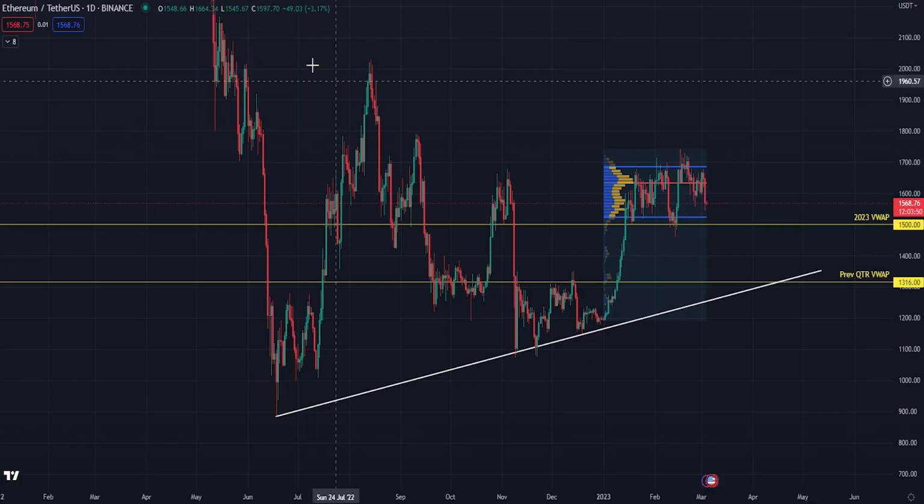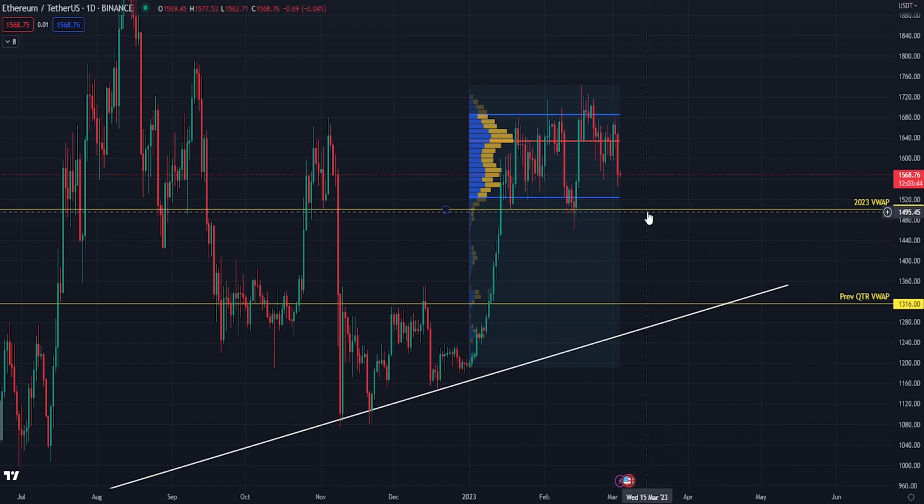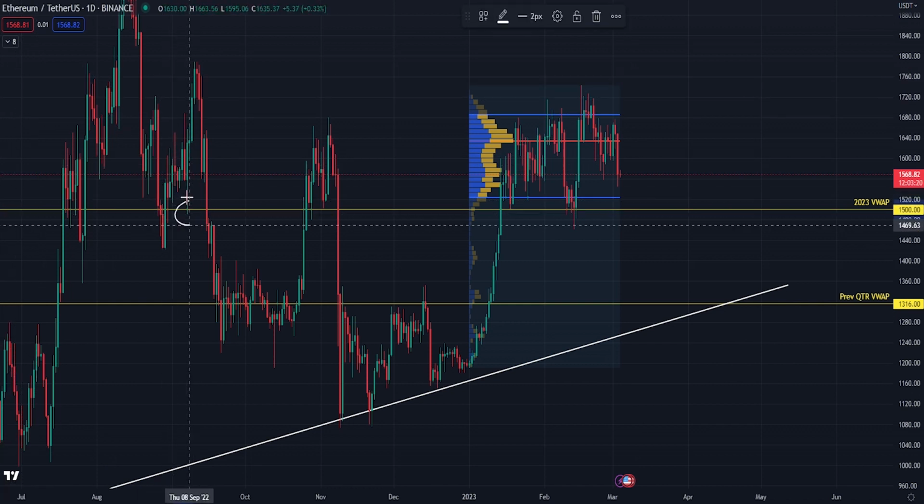Is Ethereum, and what I'm looking at for the price action is where we are right now. Similar to Bitcoin, we're going to have support at the 2023 value area low, so 1525 area. Just below that, we've got the 2023 VWAP, which is right on $1,500, and which I've said a number of times is a really psychological level for Ethereum. And the chart doesn't lie. We can see how many times this has bounced from this. So I'm expecting that would become an area of support first, if we do see a really strong sell-off because of the upgrade,